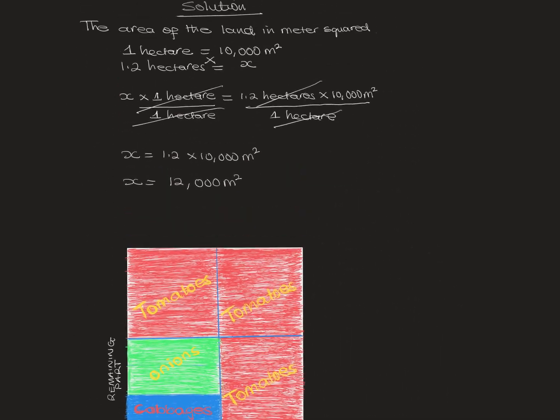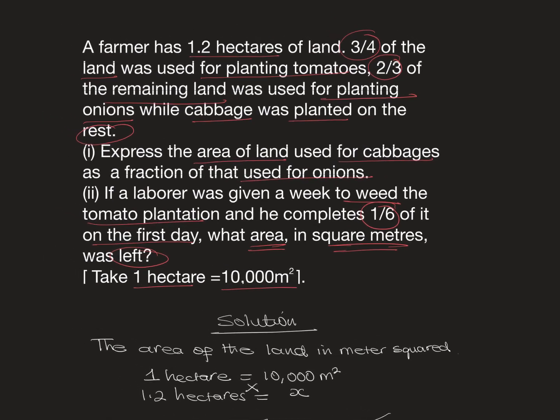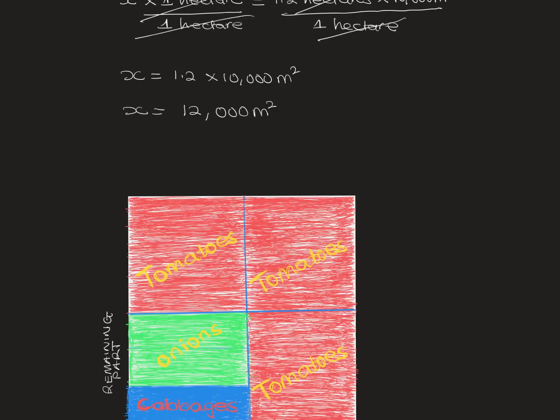Moving on to the question. Question 1 reads, express the area of land used for cabbages as a fraction of that used for onions. So therefore, we have to know the area used for planting cabbages and the area used for planting onions, then we compare them as fractions. That is essentially what the question is asking. So to do that,